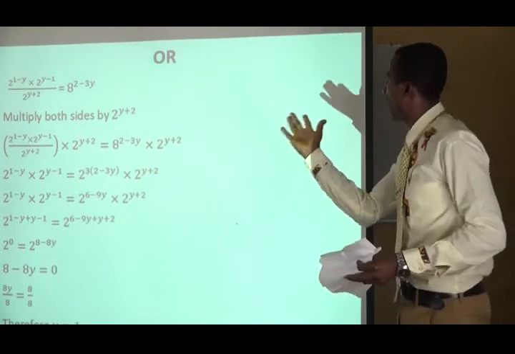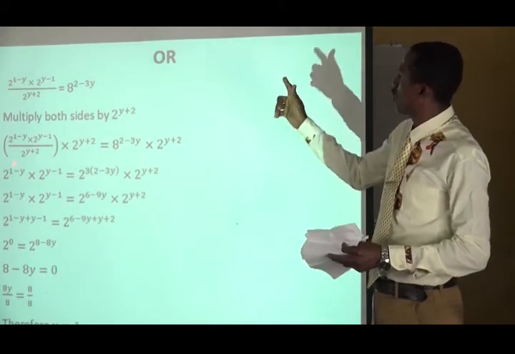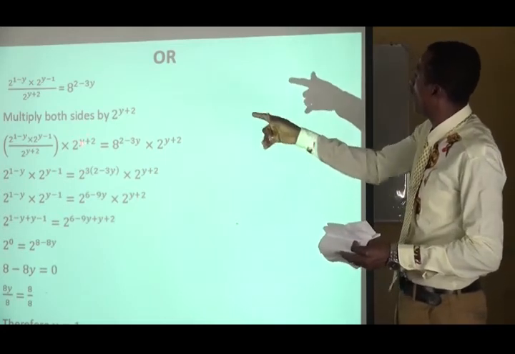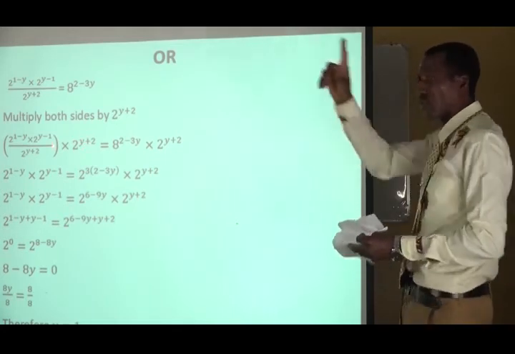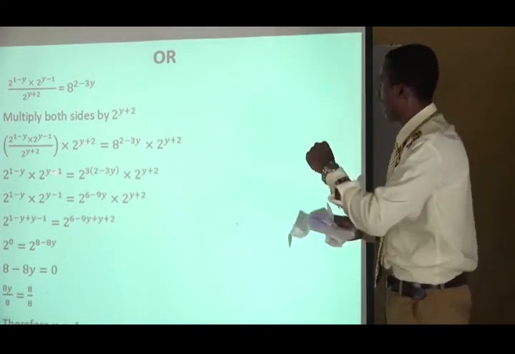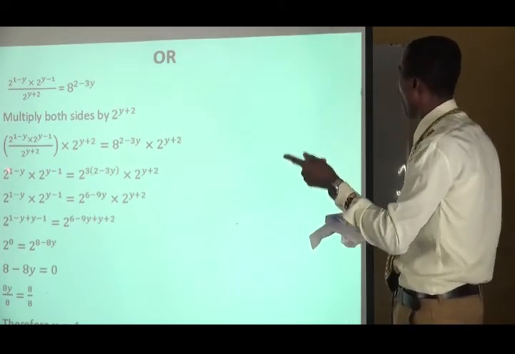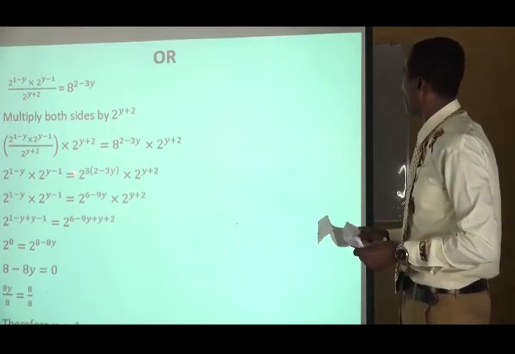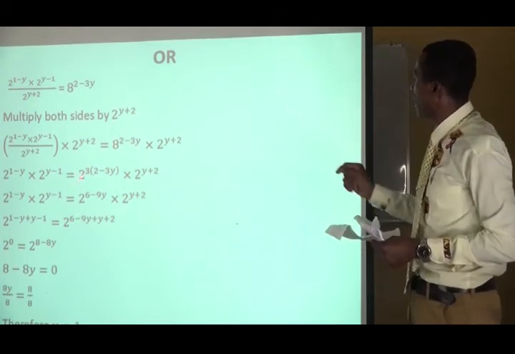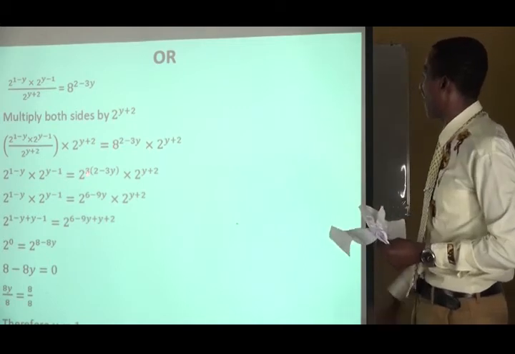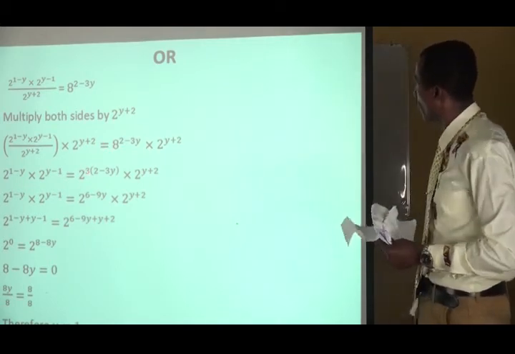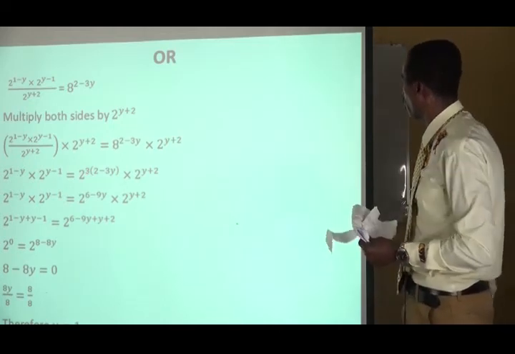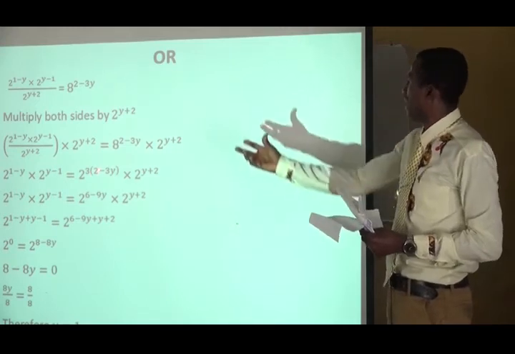On the left, you can see that 2 to the power of y plus 2 in the numerator divided by 2 to the power of y plus 2 in the denominator gives you 1. So the left-hand side becomes 2 to the power of 1 minus y times 2 to the power of y minus 1. And the right-hand side, 8 can be written in index form as 2 to the power of 3, as explained before. So that gives you 2 to the power of 3 into 2 minus 3y, multiplied by 2 to the power of y plus 2. By removing the bracket